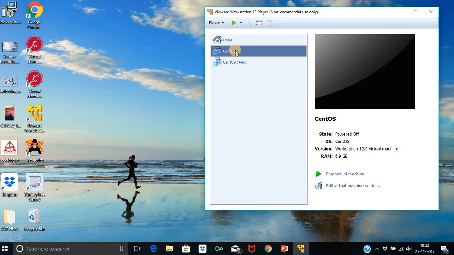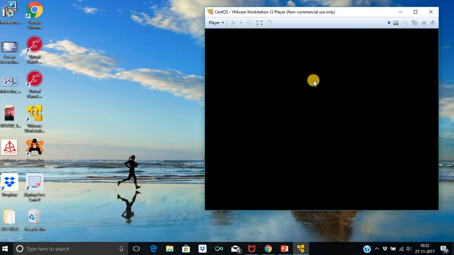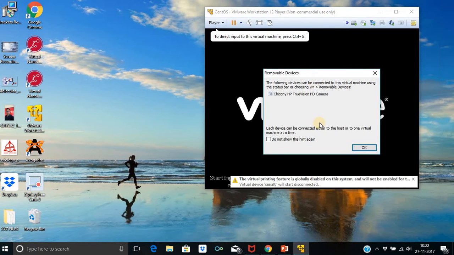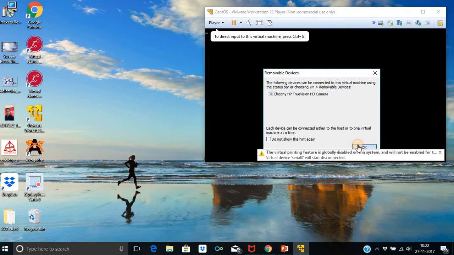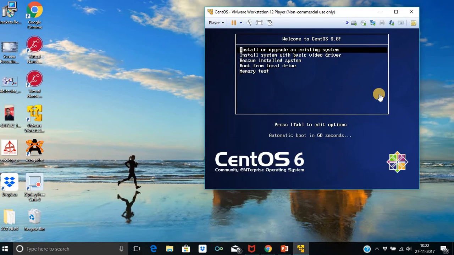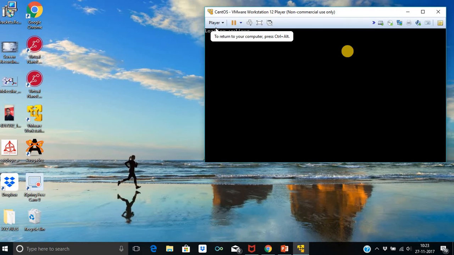So now I will install the CentOS. I have the DVD of CentOS 6.8. So now let's start. Automatically this will install, and this will start. This will take some time, so please keep patience.